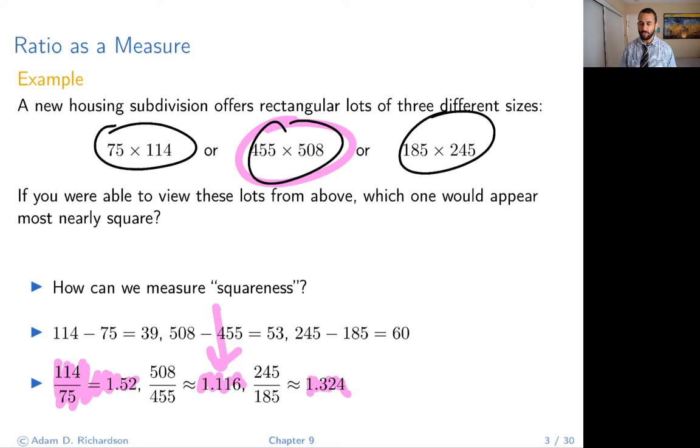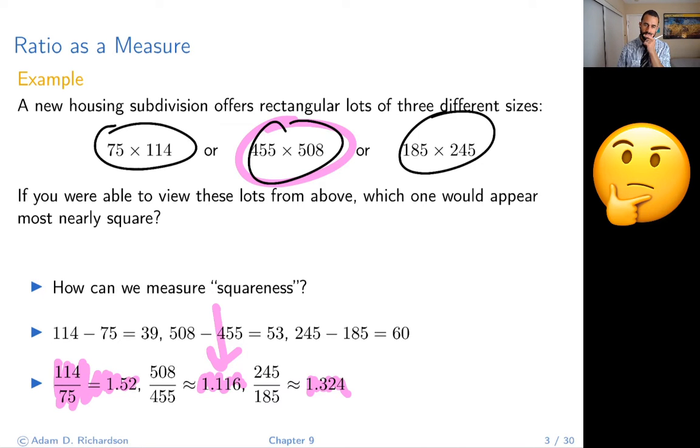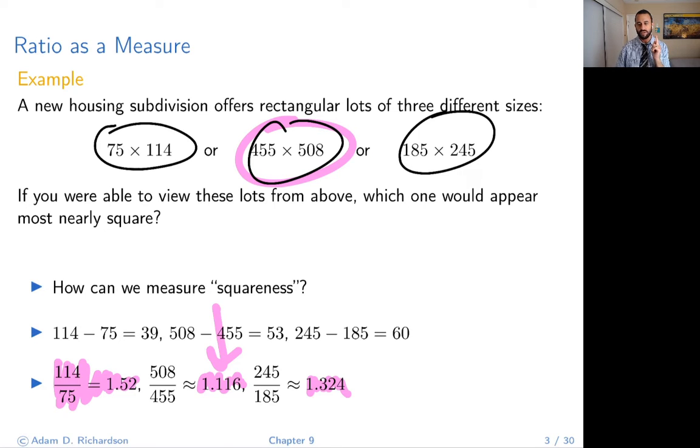So think about that for a moment. What does it mean for the ratio of two sides of a rectangle to be really close to 1? Think about that for just a minute. Well, if the ratio of the lengths of the sides is really close to 1, then that means that